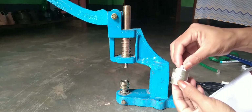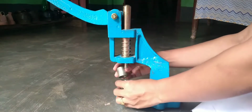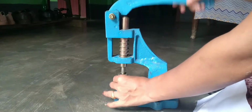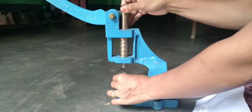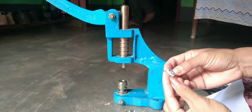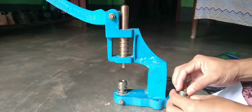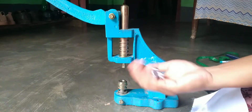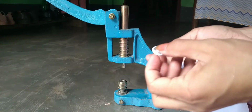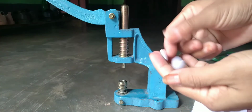Then insert this again carefully and properly. And put this down again, press it twice. This looks ready now. See how it is looking smooth. Yes, here is the buttons. I cover it with a fabric and ready to use it. This is